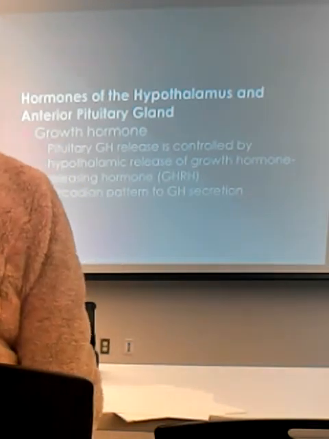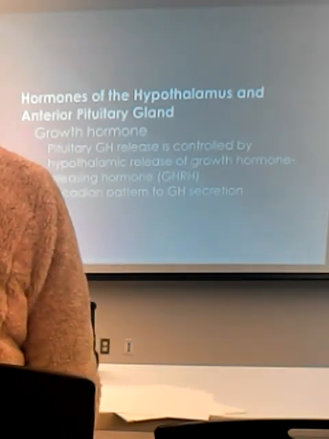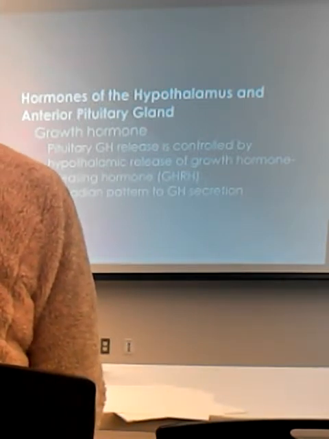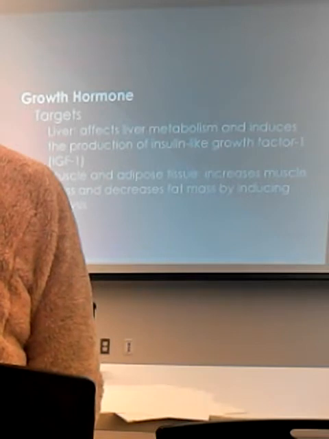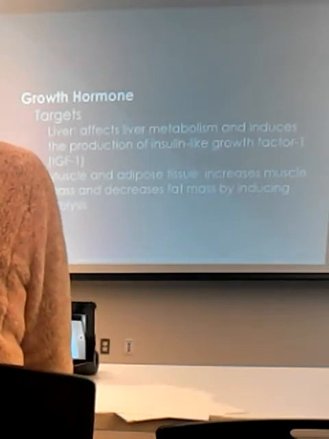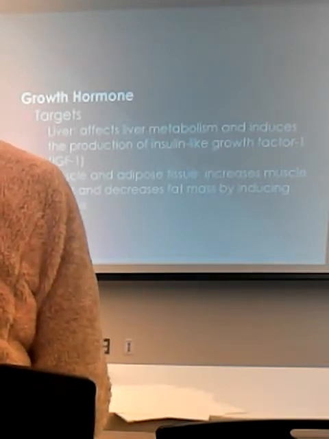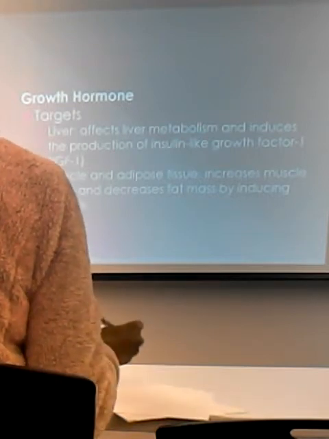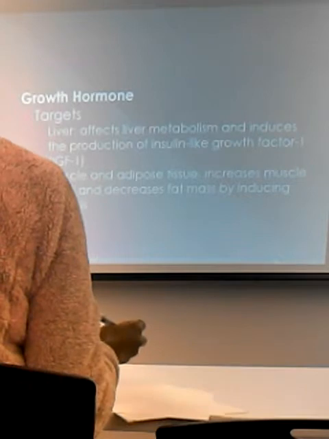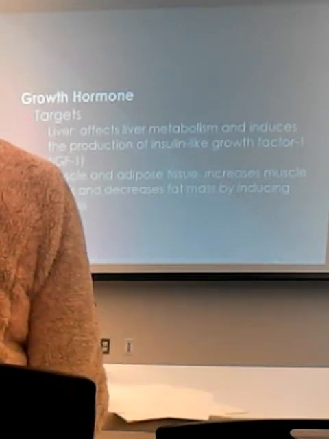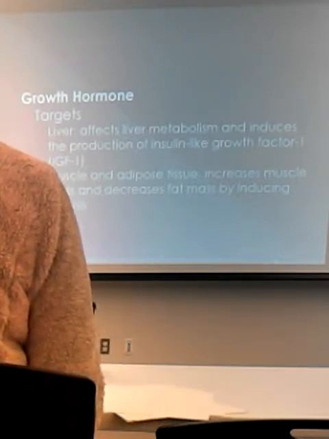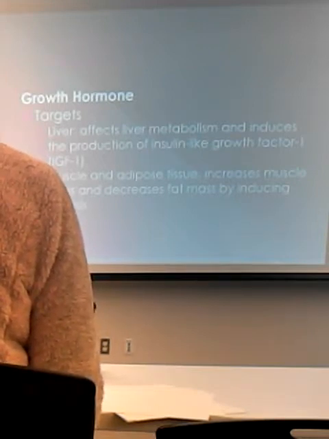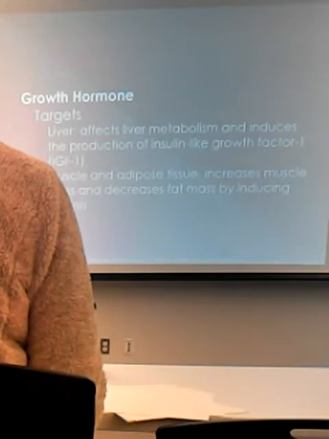So, growth hormone, we're going to get into great detail about growth hormone. It's anterior pituitary, and circadian rhythm. What does it do? So guys, listen to me. Here's what I want you to know about growth hormone. What does it do? It makes more lean muscle. It increases lean muscle mass. It increases bone density. And it gets rid of adipose tissue, especially baby fat.